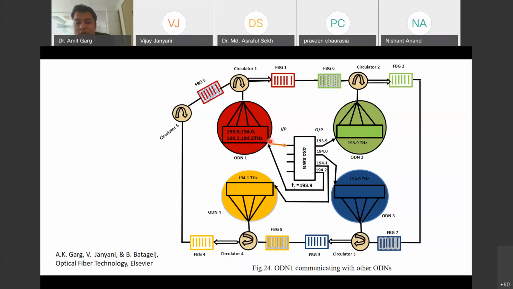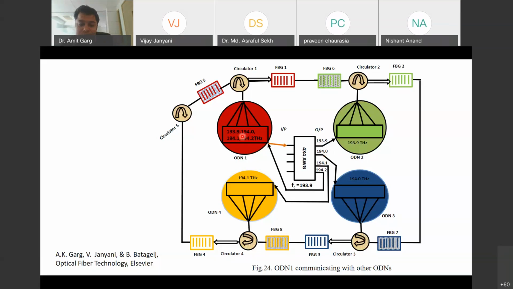These wavelengths are connected to port 1 of this 4x4 AWG, and the distribution will be something like 193.9 at port 1, 194.0 at port 2, 194.1 at port 3, and so on.